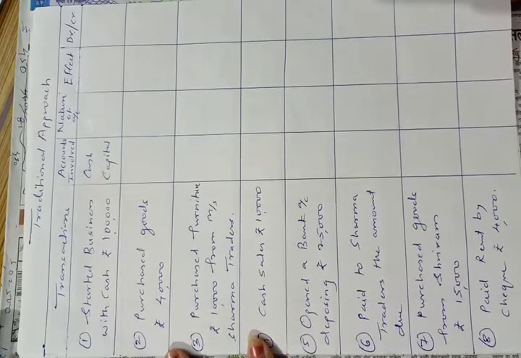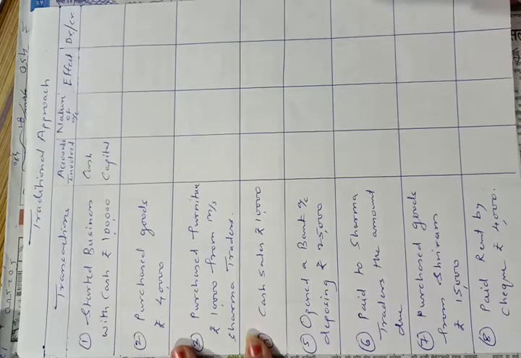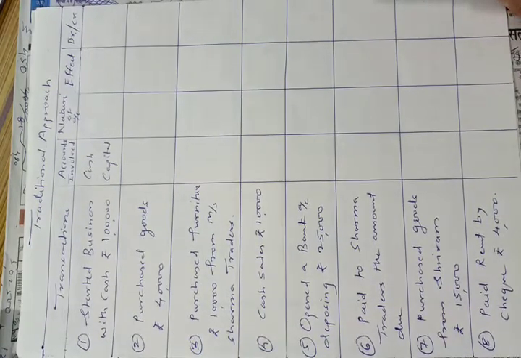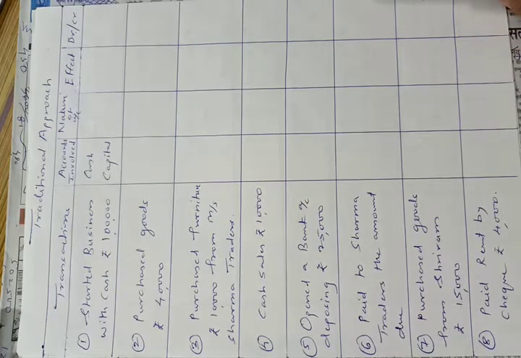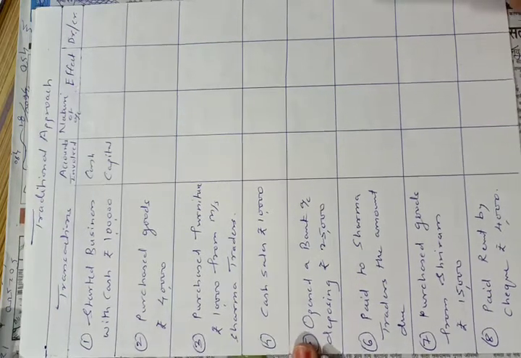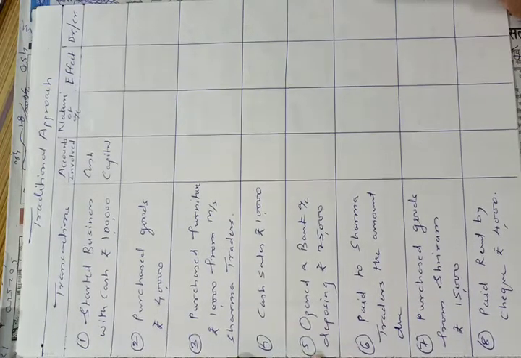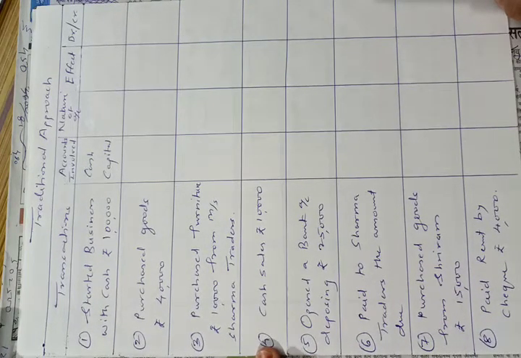We all know that in the traditional approach all the accounts are classified into 3 types of accounts, that is personal account, real account and nominal account. There are 3 rules for deciding debit and credit. Personal account includes accounts of persons and institutions, and the rule is debit the receiver, credit the giver.